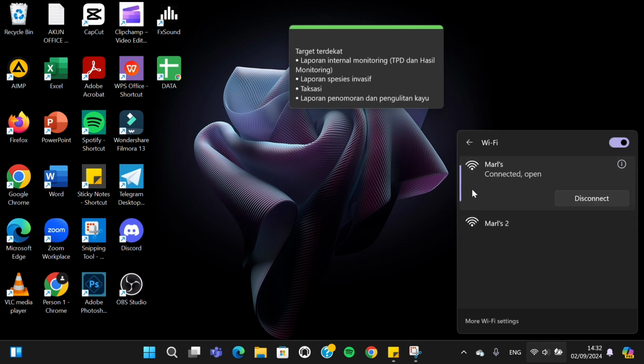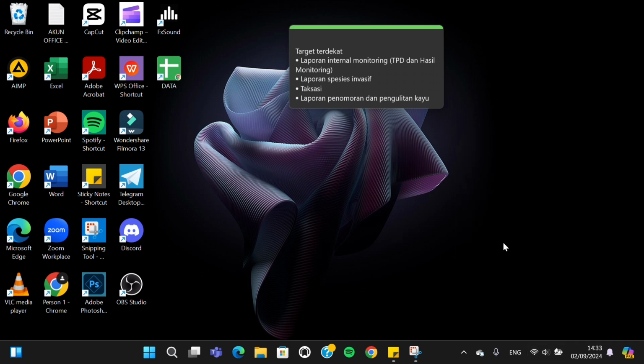Okay, and this is the hotspot from my phone. And as you can see, it has been connected. And if you want to disable the connection, you just need to click on disconnect. And after your laptop has been connected to your phone's hotspot, you'll be able to use it to